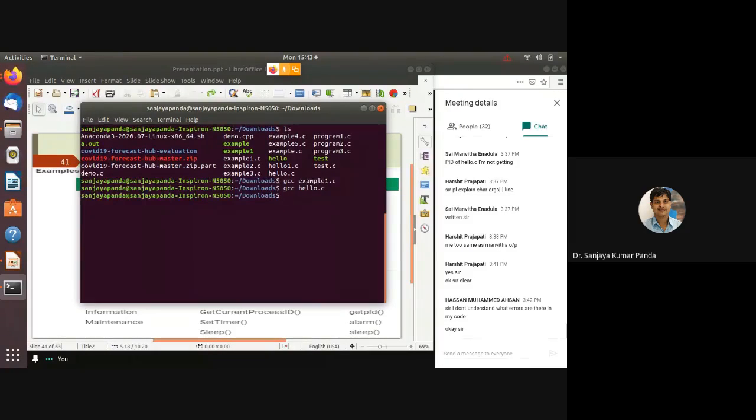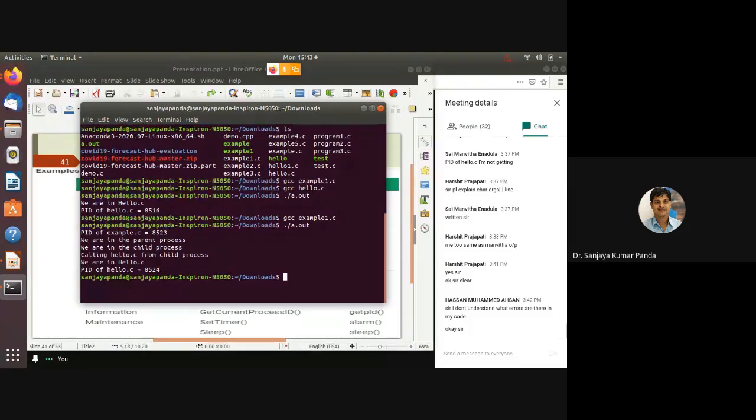But I have to run example1.c, so I should not just write ./a.out after compiling hello.c, as it may give an error. It is only giving the output of the hello.c file. As the hello.c file is called inside example1.c, I compile example1.c, then I write ./a.out. As soon as you execute, check whether you are getting this output or not.